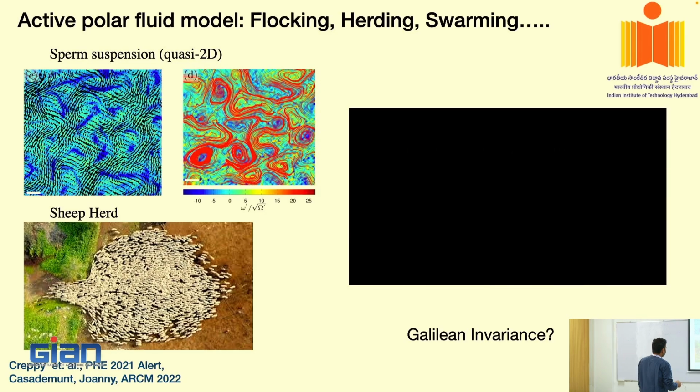If you think about these guys, individually these agents are moving randomly in the space, right? But when you look at the collection of them, you can see that they will try to move for certain times in a given direction. So the structures are going to be of the order of system size itself. For example, in this case, the structures are of the order of system size. Similarly, in the video that you have seen, the structures are going to be of the order of system size, and the direction also is going to be very coherent, again of the order of system size itself.